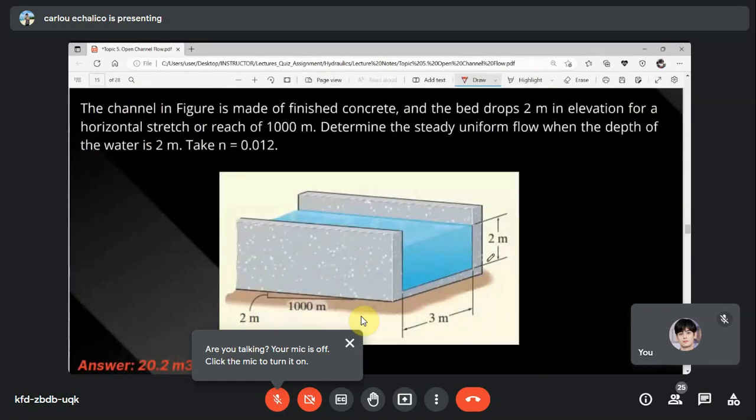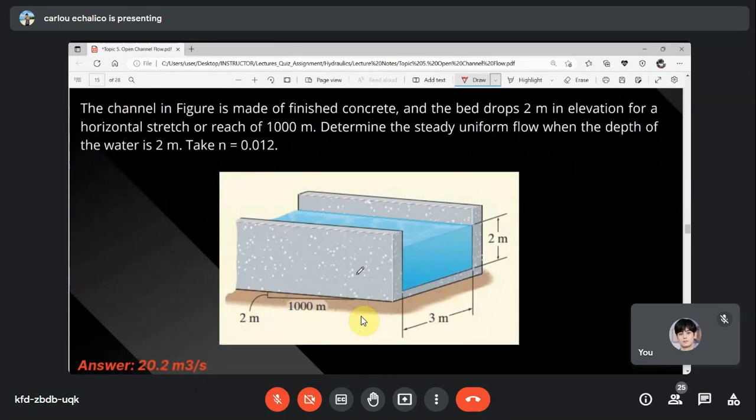Let's go to an example now. I think this is easy. The channel in the figure is made of finished concrete. It says the material is finished concrete. The bed drops 2 meters in elevation for a horizontal stretch of 100